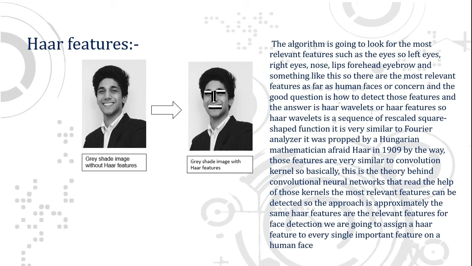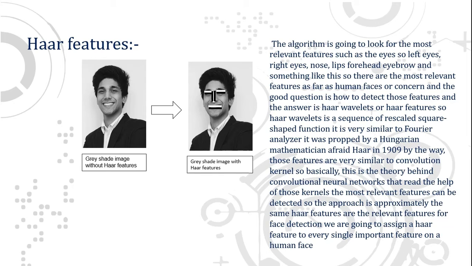And our next point is Haar features. Because we are using face detection or face recognition technology, we need to define what type of technology and what type of algorithm we are using. So to detect our face we are using the Haar cascade algorithm. How does it work? Actually, it detects our eyes, eyebrows, forehead, nose, and lips to detect our face. In the next slides, we will see how it calculates the Haar index for detecting Haar face detections, Haar features.